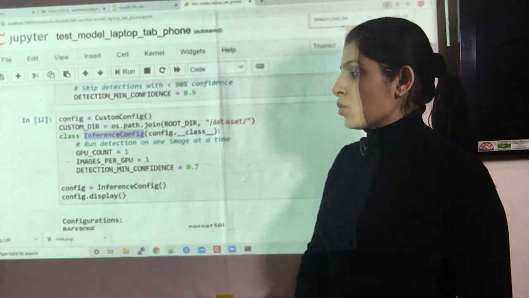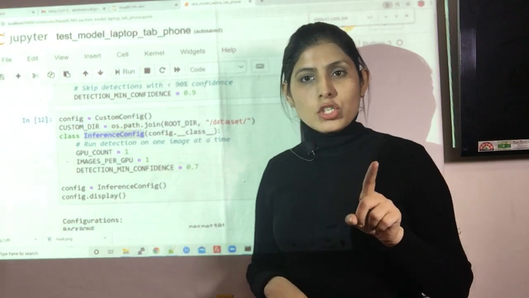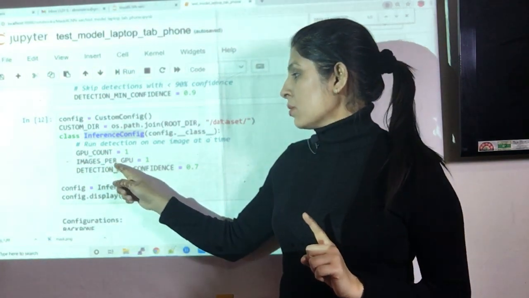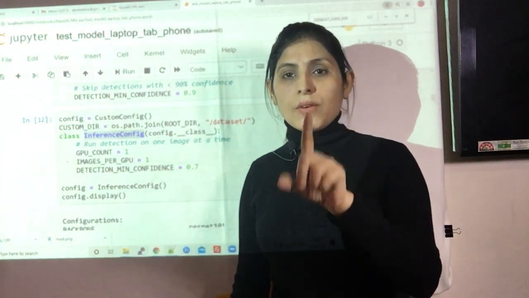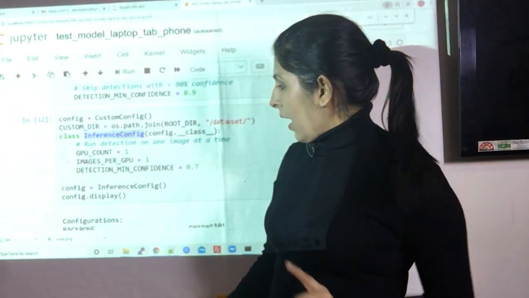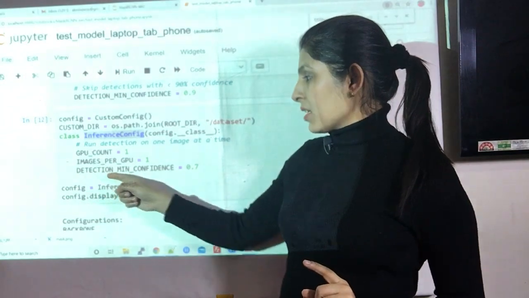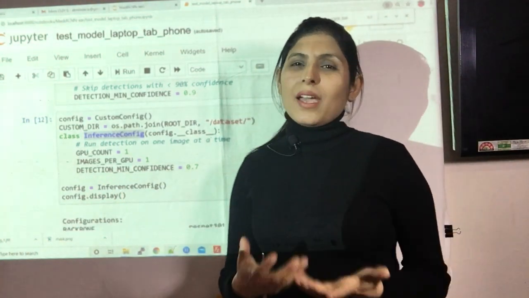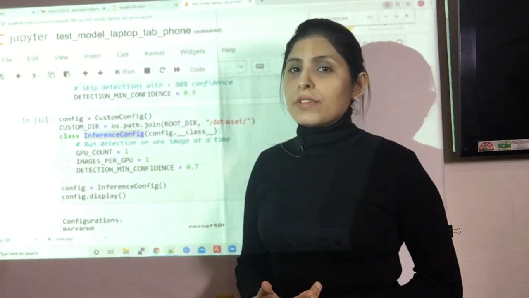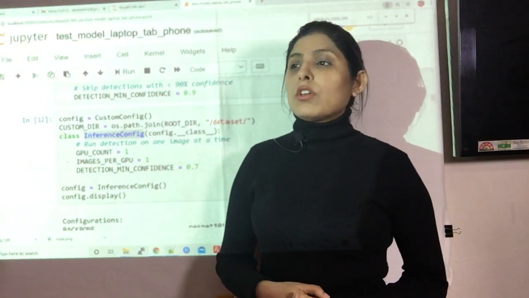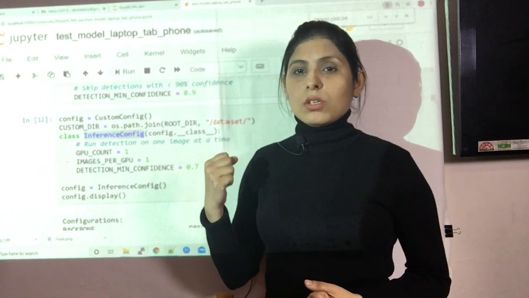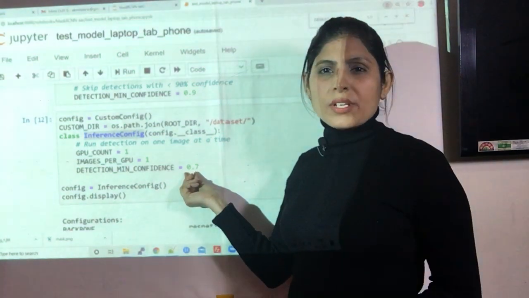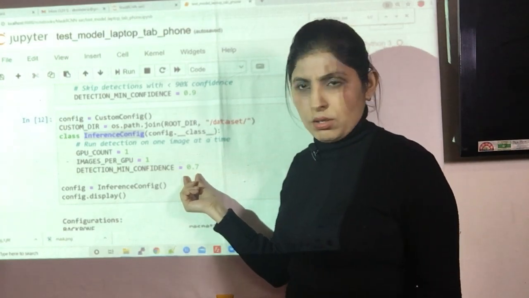And GPU count is 1, and I'm using 1 GPU, so that's why I've written GPU count 1, and images per GPU is 1, means at one time I'm giving 1 image. And then this detection minimum confidence, over here I have written 0.7. Again, it's up to you, what kind of detections you want and how good an output you want. So I have written 0.7. You can change it as per your wish.